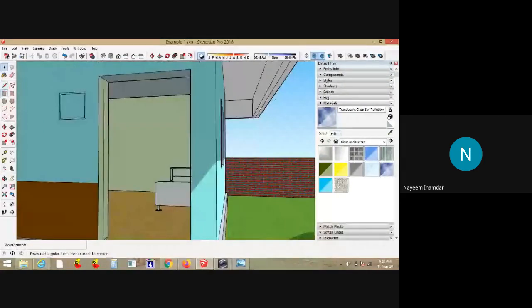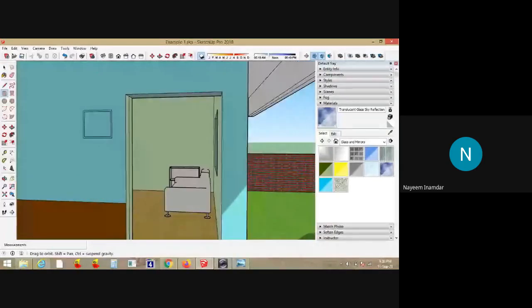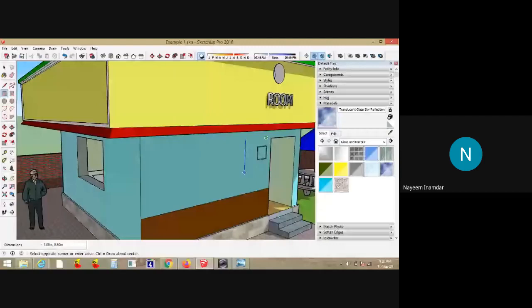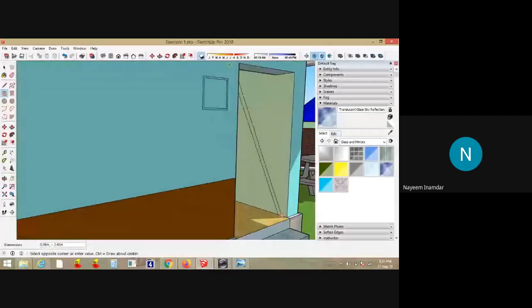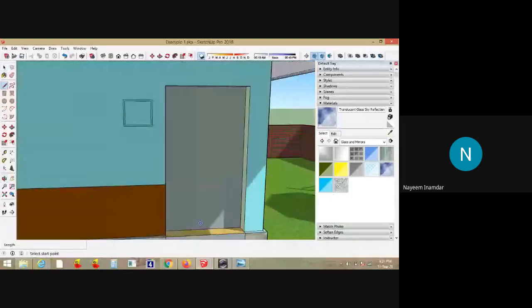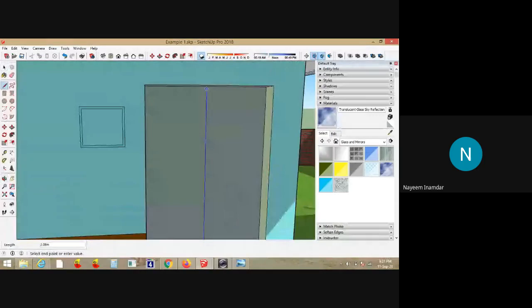I'll directly take the rectangle command, and I'll just draw lines here, and I'll use the offset command. I'll take 0.1.